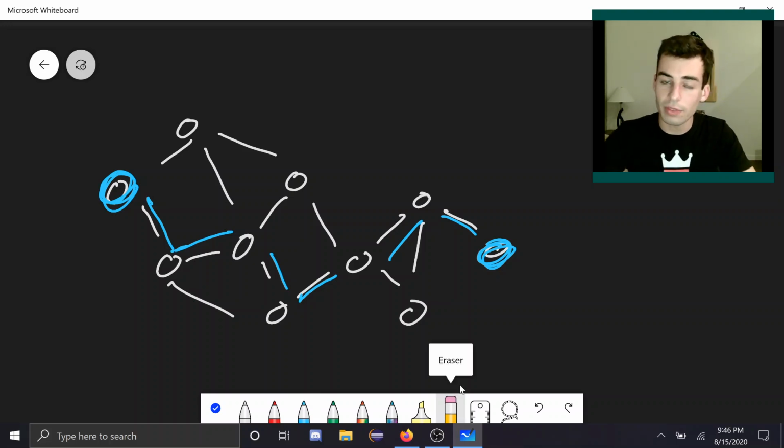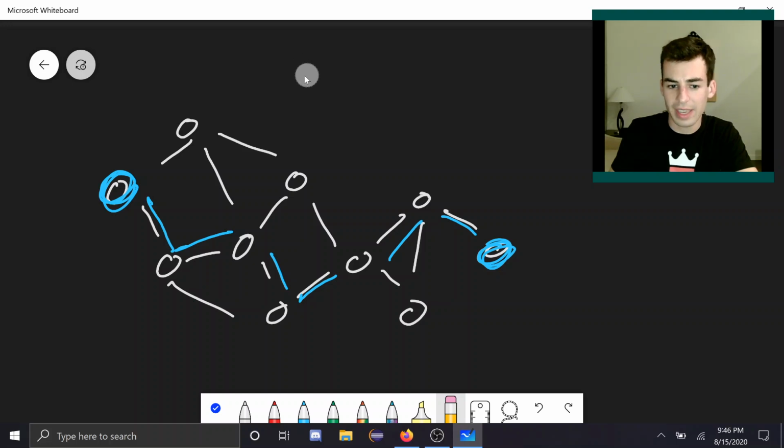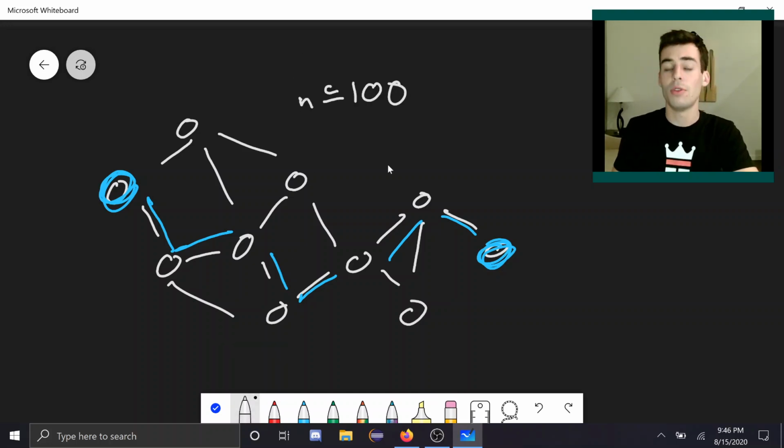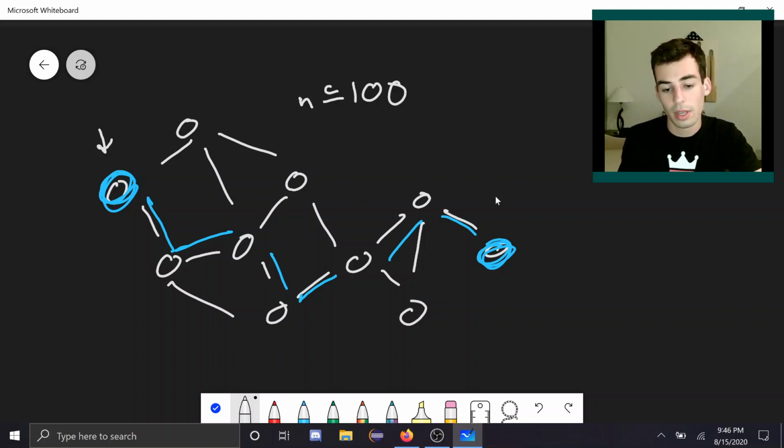If you want to solve this problem on some graph, I actually wrote a problem in the Brookfield Computer Programming Challenge. It's in the Codeforces gym. That's exactly this problem. Now, bounds are really small. I think n is less than or equal to like 100 or something. So the number of nodes is less than or equal to 100. And what that lets you do is you can try all pairs. So you could say, if I started here and I traveled to every other node,